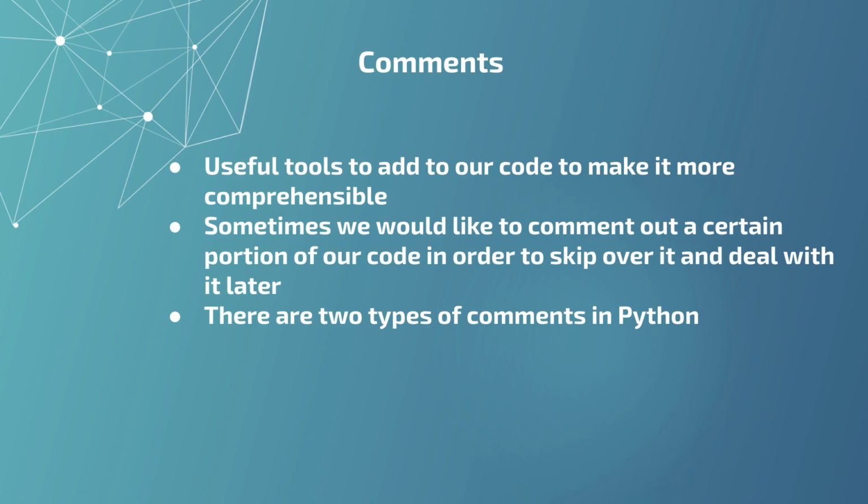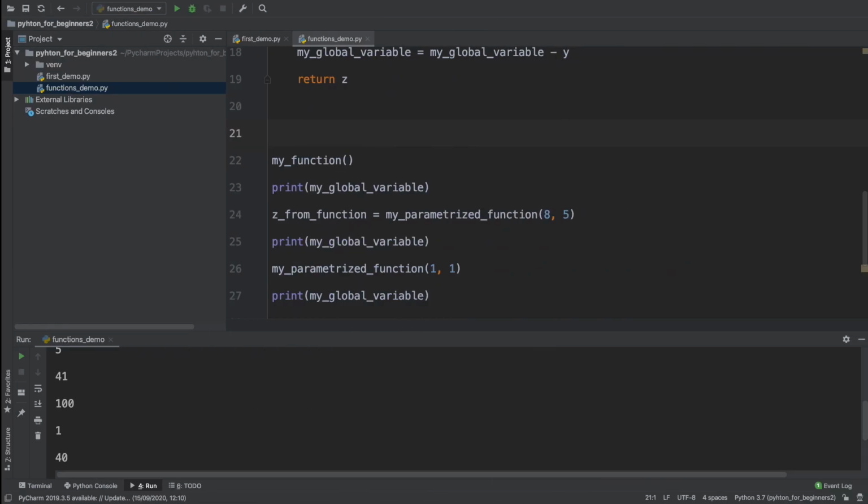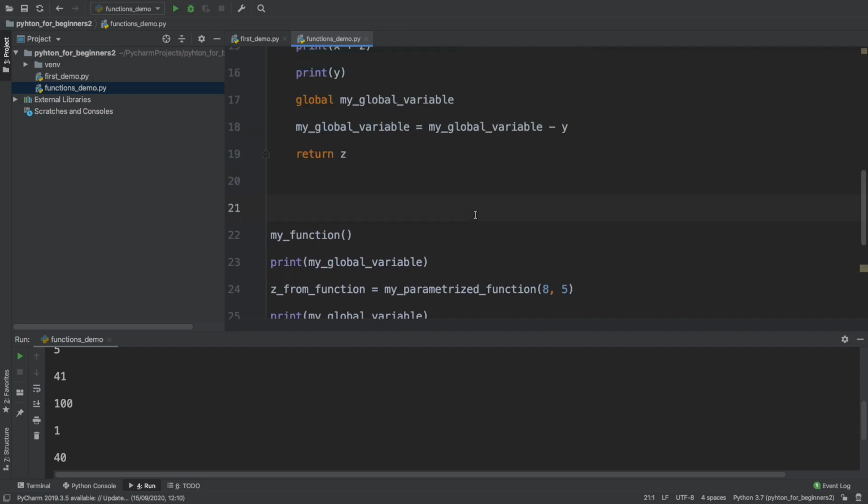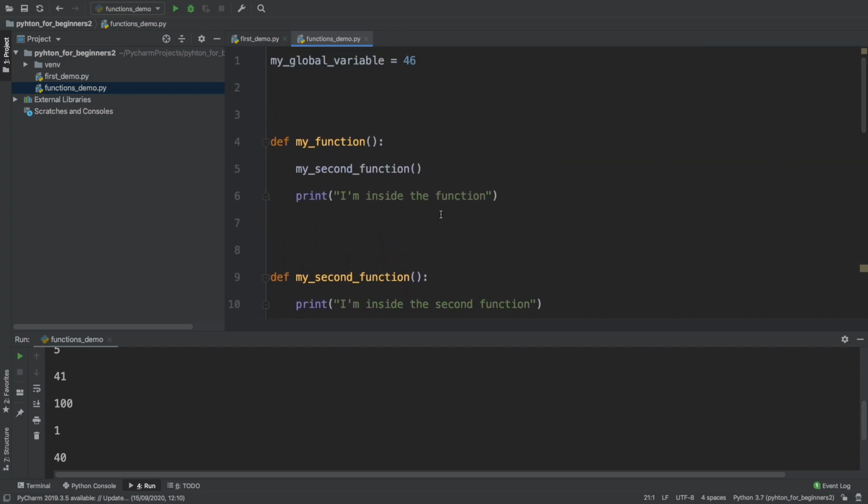Comments are useful tools to add to our code in order to make it more comprehensible. Sometimes we would like to comment out a certain portion of our code in order to skip over it and deal with it later. There are 2 types of comments in Python. Let's have a look. The first type of comment is created with a hashtag, and then I can just write here, this comment